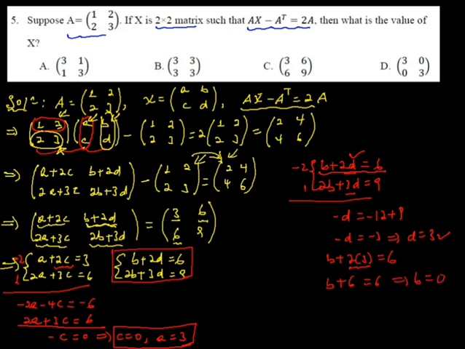Now we can completely determine the matrix X. A is 3, B is 0, C is 0, D is 3. So we use these A, B, C, D values, and the matrix X is this one. So our answer will be